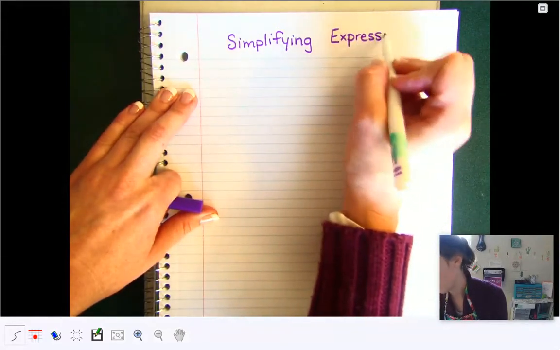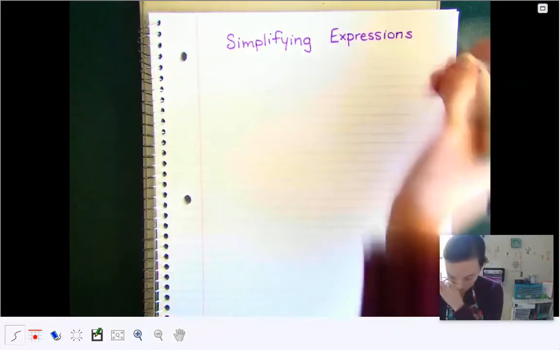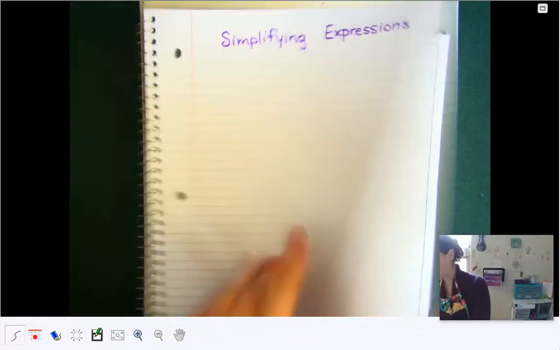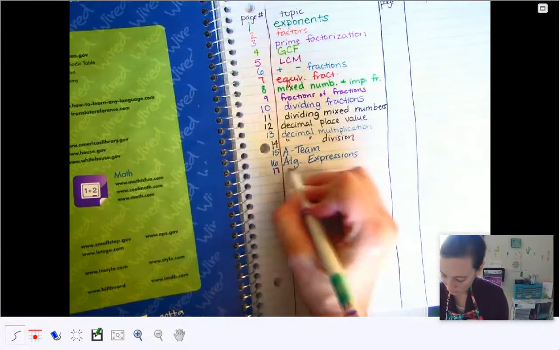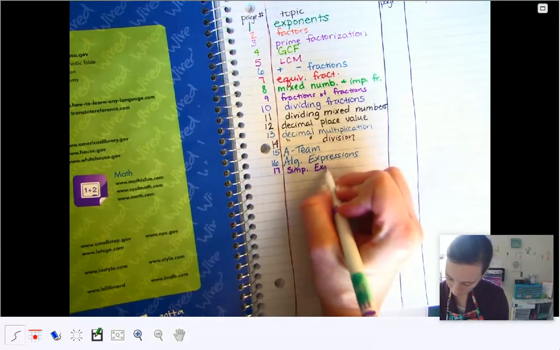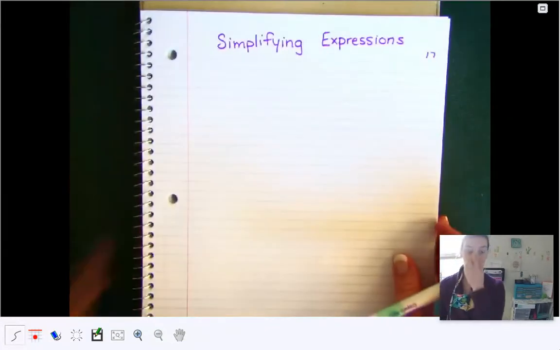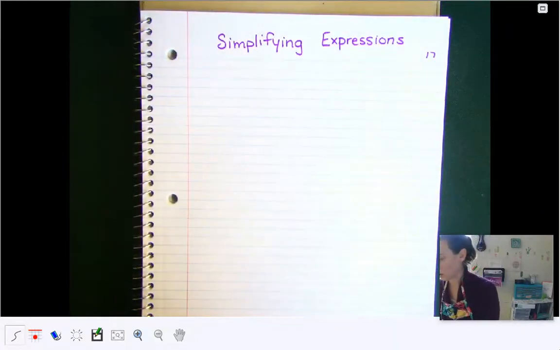And I know we didn't really write anything for page 17 in our table of contents, so we can write this for page 17. Okay, when we look at the word